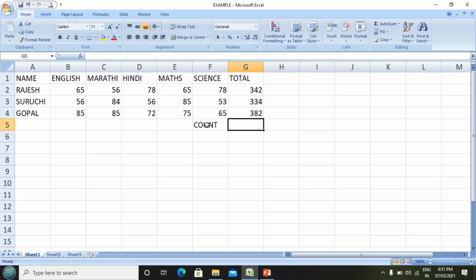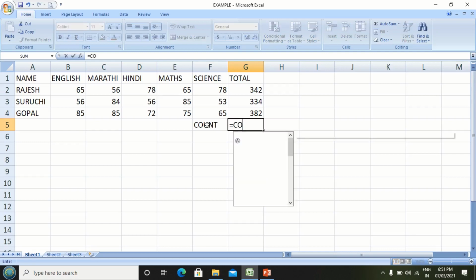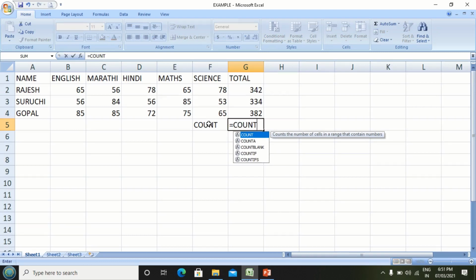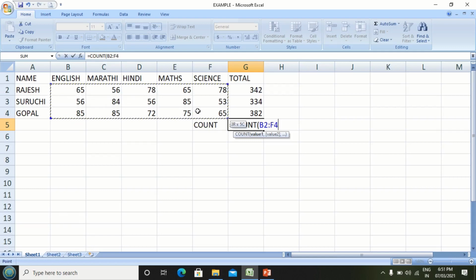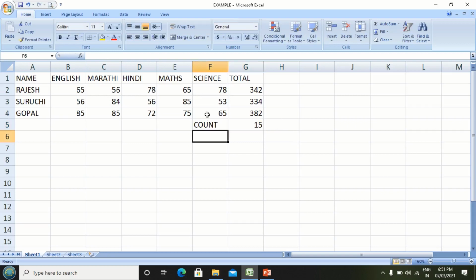Enter the formula: is equal to count, open bracket, and in the open bracket we give an argument. Select the cell range from B2 to F4, close the bracket and press enter.